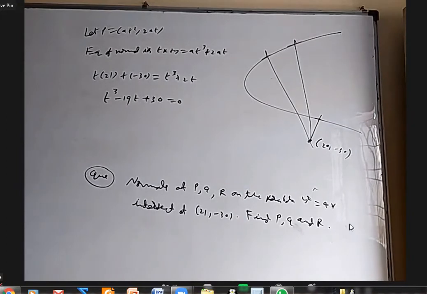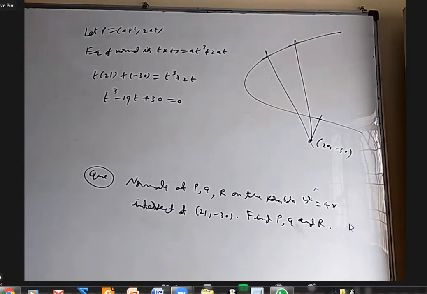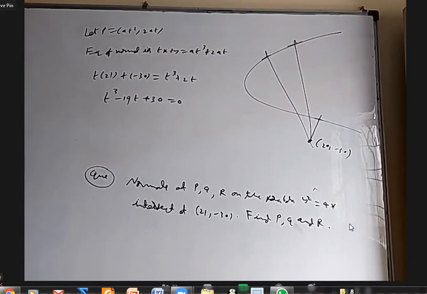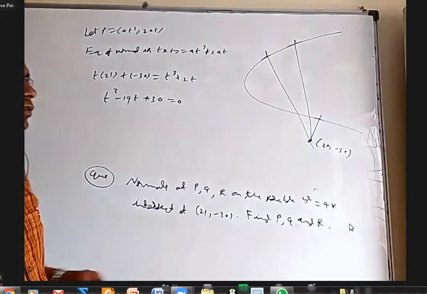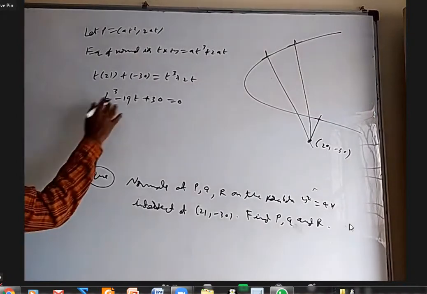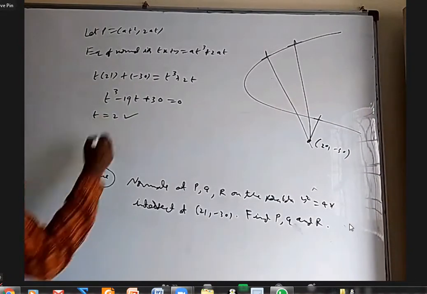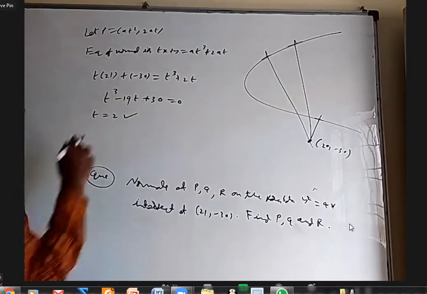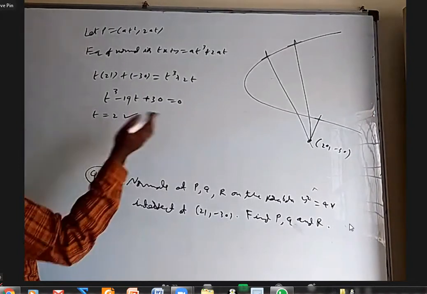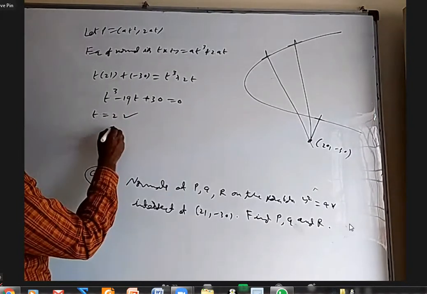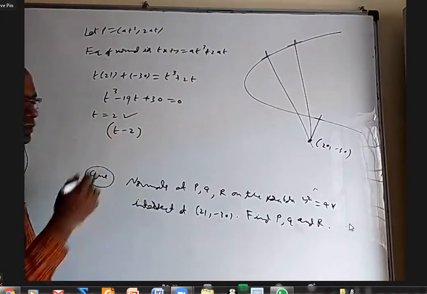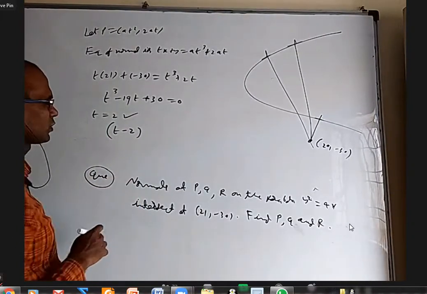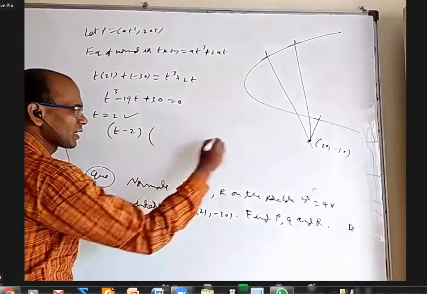Okay, how to solve a cubic equation? There's only one method. The method is trial and error. Substitute t equal to 1, t equal to minus 1, t equal to 2, something is satisfied. So here t equal to 2 is satisfied by trial and error. Now, how to know other roots? You can trial and error, try 3 also, but I can factorize it. You can divide this with t minus 2, you'll get the rest of it. Recently in partial fractions also you were doing some kind of division, but I will write directly.